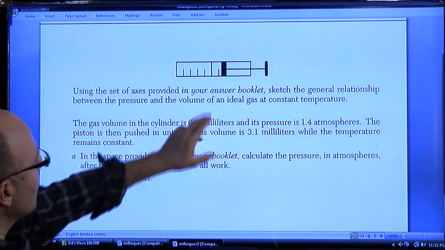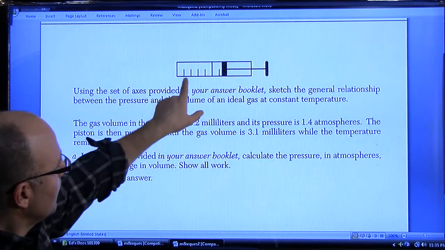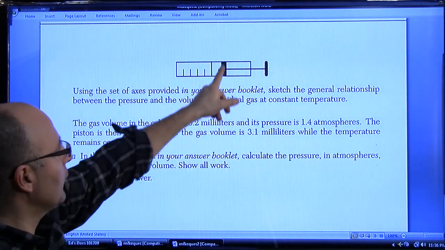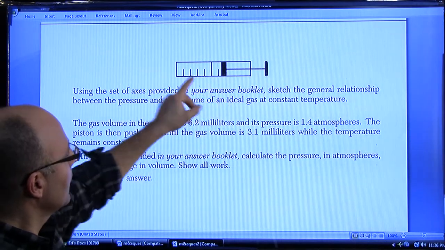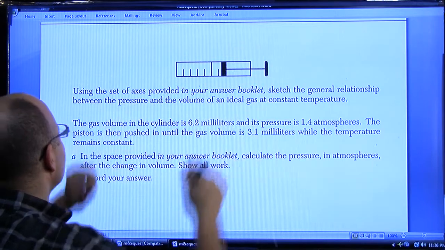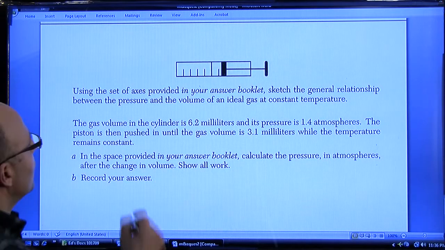Well, first of all, the description before this, I'm familiar with this question, was that picture this as a syringe or a piston, a container with a movable top containing a gas in here, so it can open and close. And they want us to sketch the relationship between pressure and volume